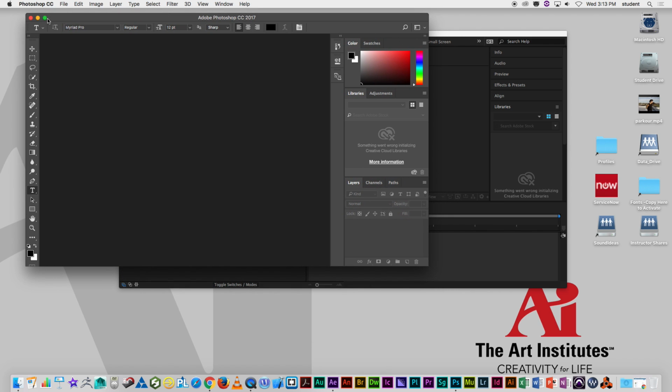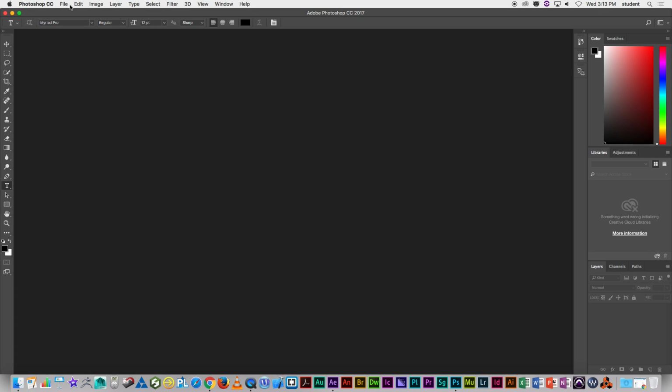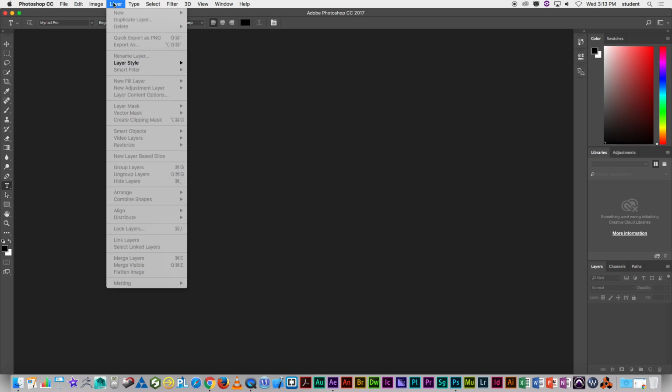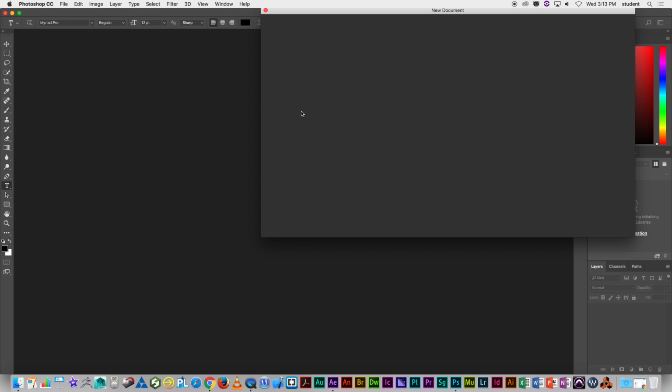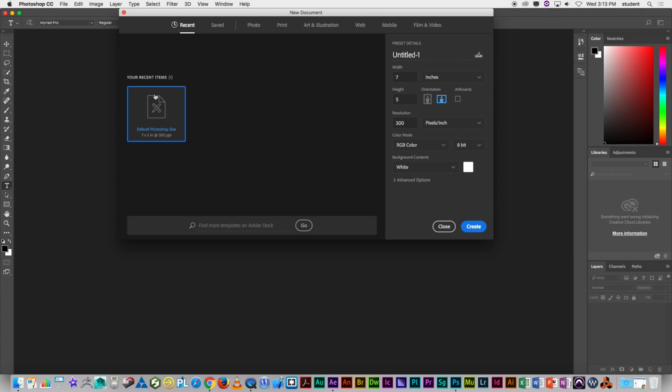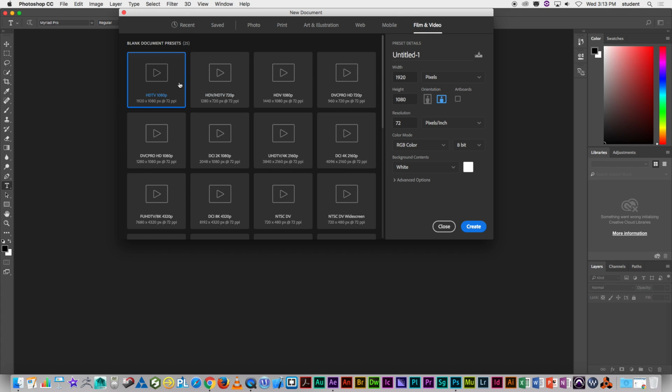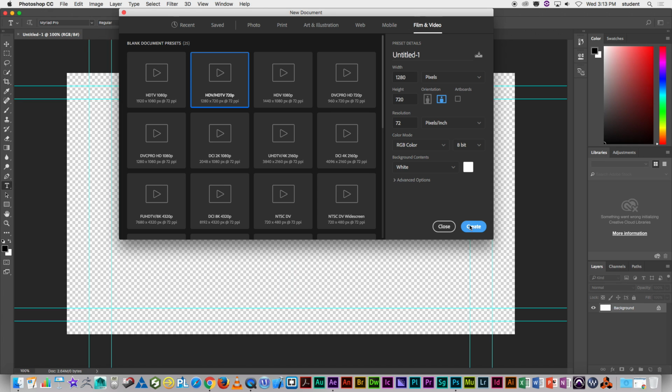We're going to open up Photoshop here. And the key today is going to be going to this option when we create our new file. Let's do our film and video option here. We'll do HD 720. And we'll hit create,